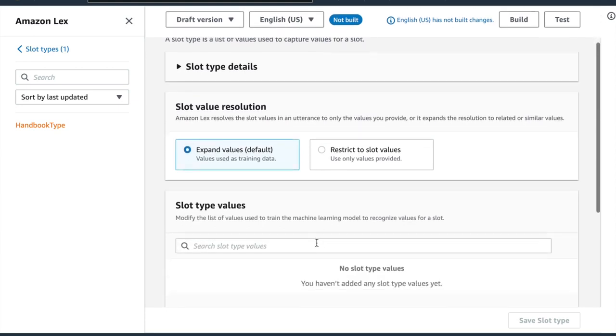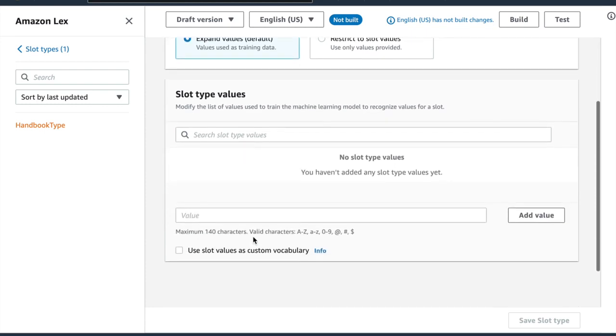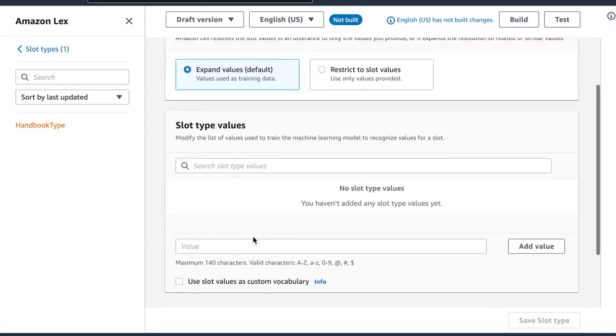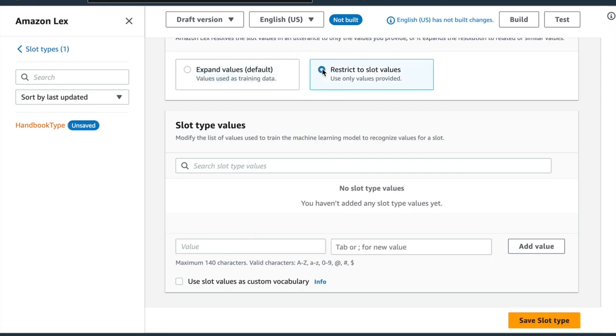And here we have two options. First one is expand values, that is default. You can provide the samples, and Amazon Lex will extrapolate the samples to recognize values that you even didn't provide. And another option is restrict to slot values. So let's restrict to slot values and provide